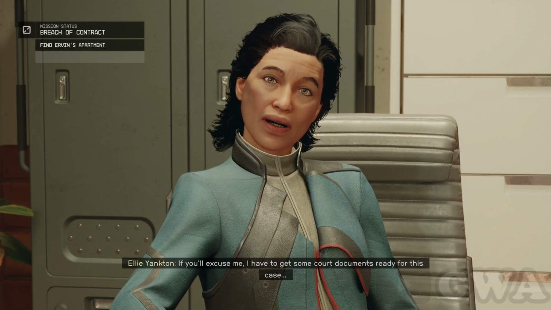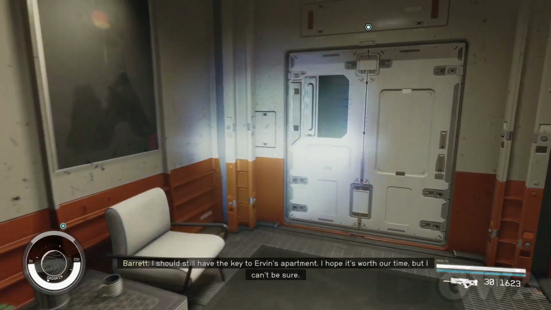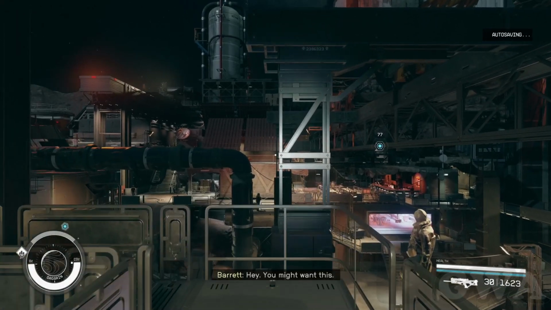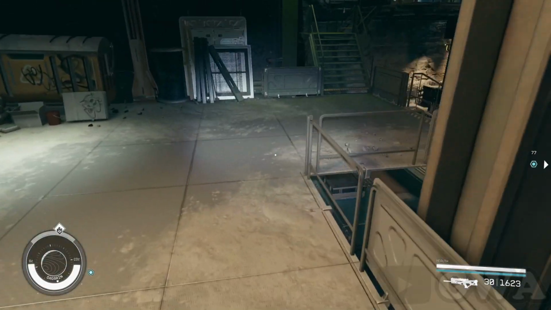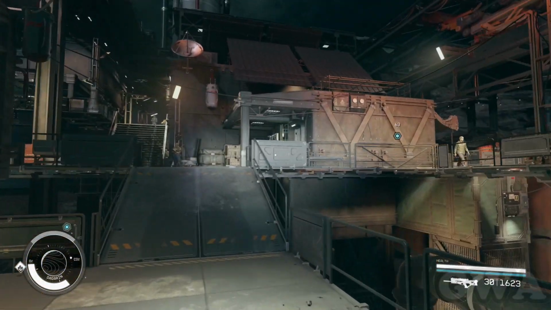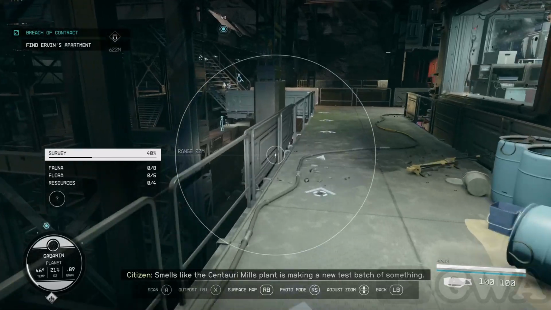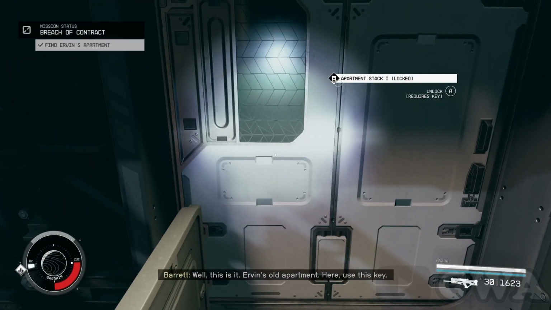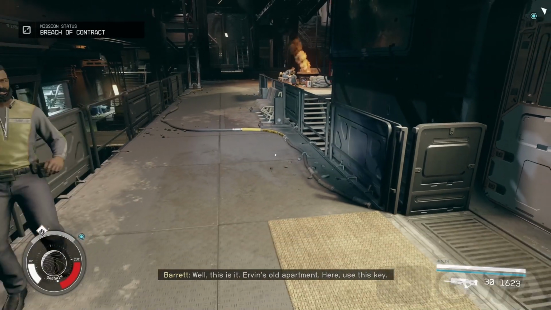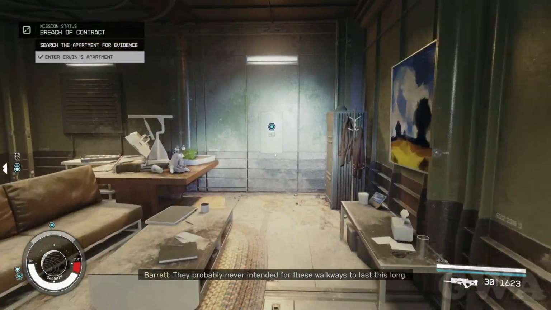If you'll excuse me, I have to get some court documents ready for this case. I should still have the key to Irvin's apartment. I hope it's worth our time, but I can't be sure. Irvin's old apartment. This key. After you, Captain. They probably never intended for the...